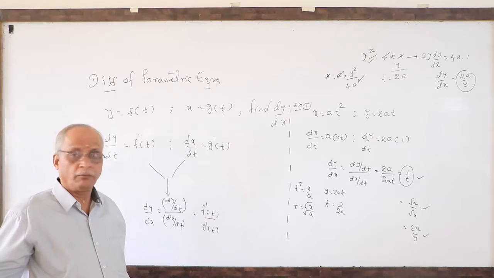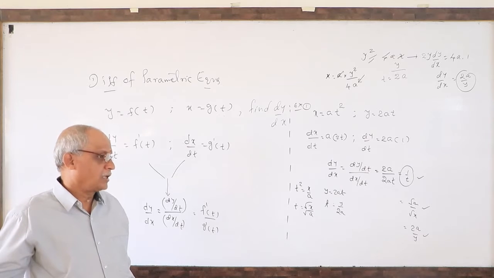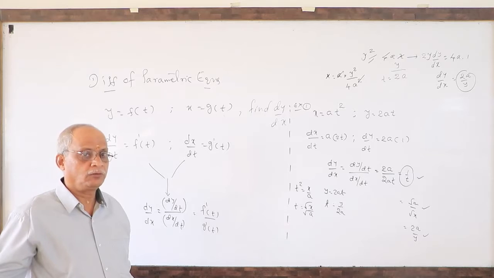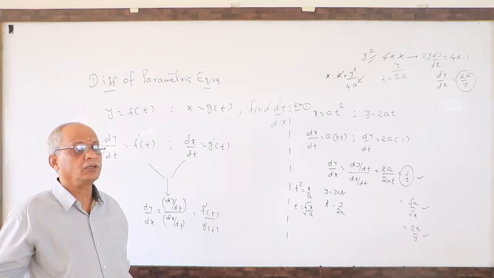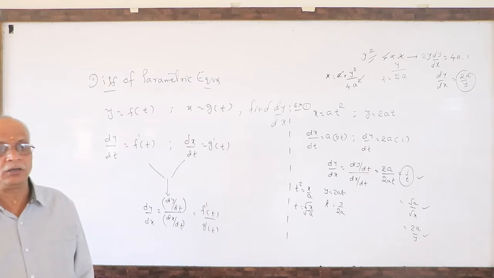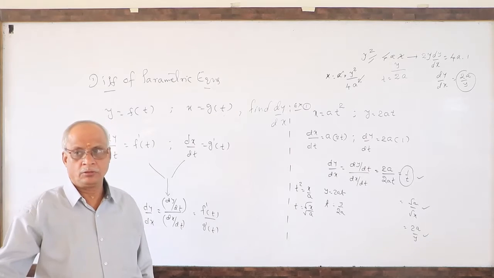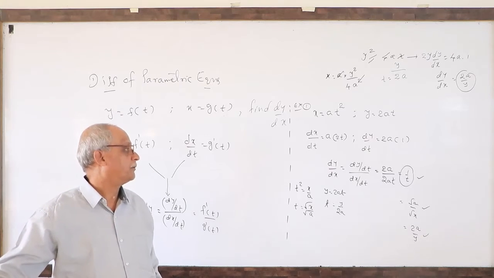Answers can be in any form. That is also very important. What you get as the answer may not be in the form A, B, C, D. So you must be able to find out what kind of answers or options they are asking, and according to that we have to try. Okay, this is about one example with parametric.